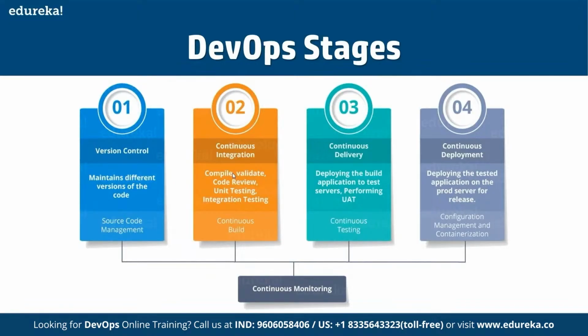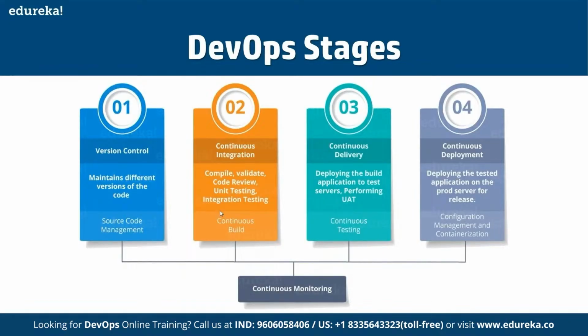Compiling is the process where you take the source code and convert it into machine-understandable form. Validating the code is a process where you check for the programming mistakes made by the developer. Unit testing is the process of executing the test cases, which either pass or fail. And finally, integrating the code for